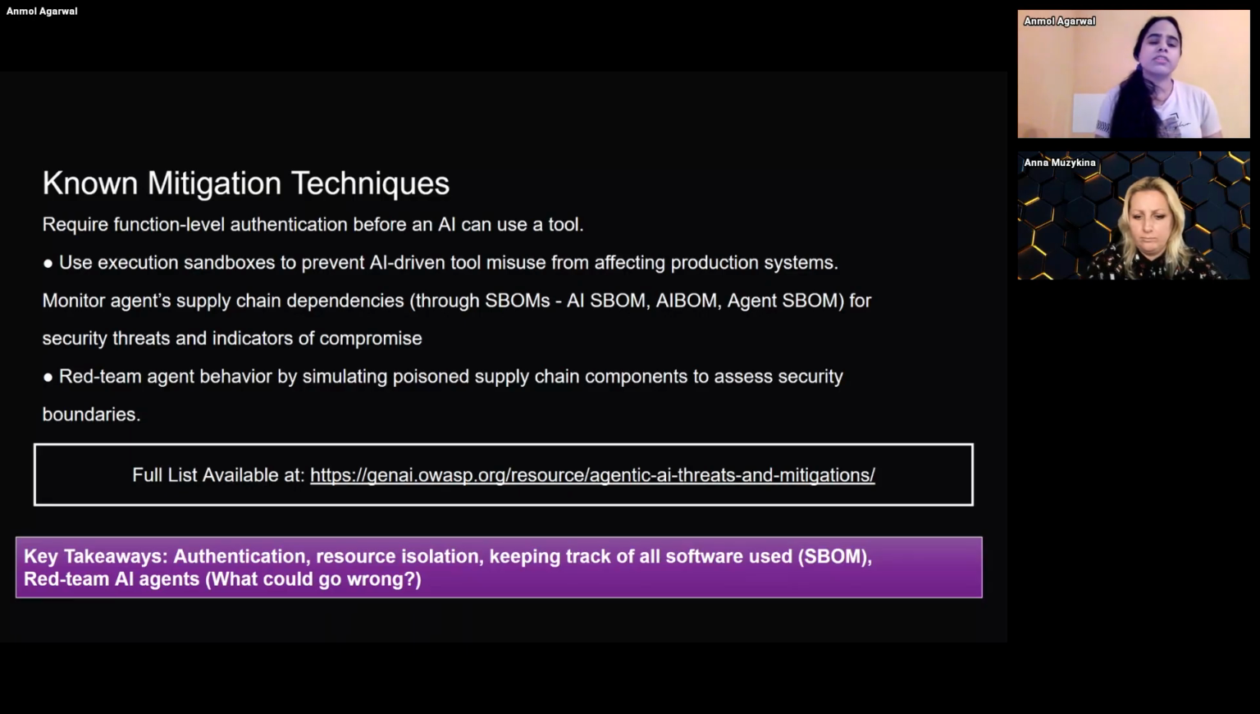Now, recently in security, we've seen that AI agents can break out of this sandbox, but basically the idea is you're trying to prevent things from going wrong, and you're trying to add multiple layers of security to prevent something from going wrong. You also want to monitor the AI agent's supply chain dependencies. So this means any software that the AI agent is using. For example, when you're coding something in Python and you have import pandas, import matplotlib, import this library,